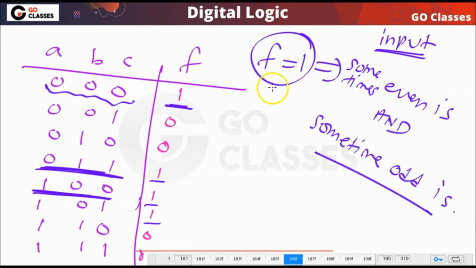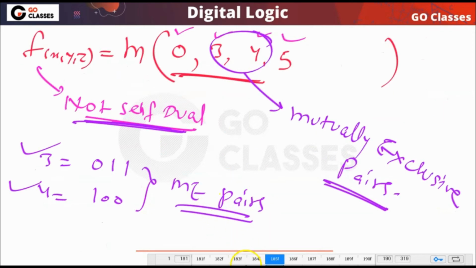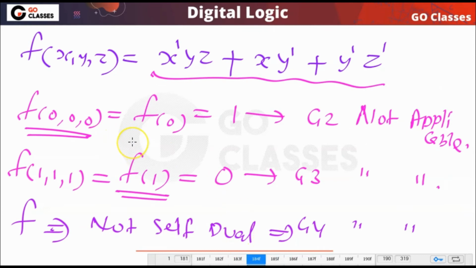So you can notice that this function f is not linear. So you cannot apply the linearity also. So finally I am saying that basically these guidelines you cannot apply.